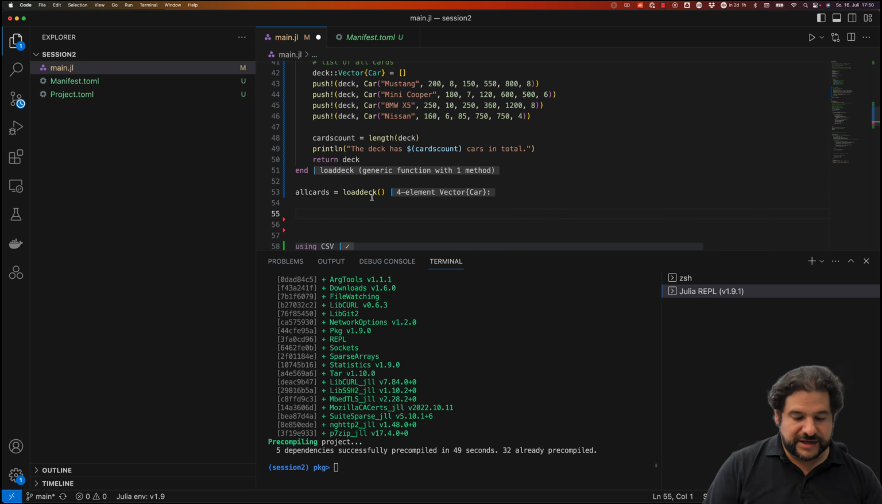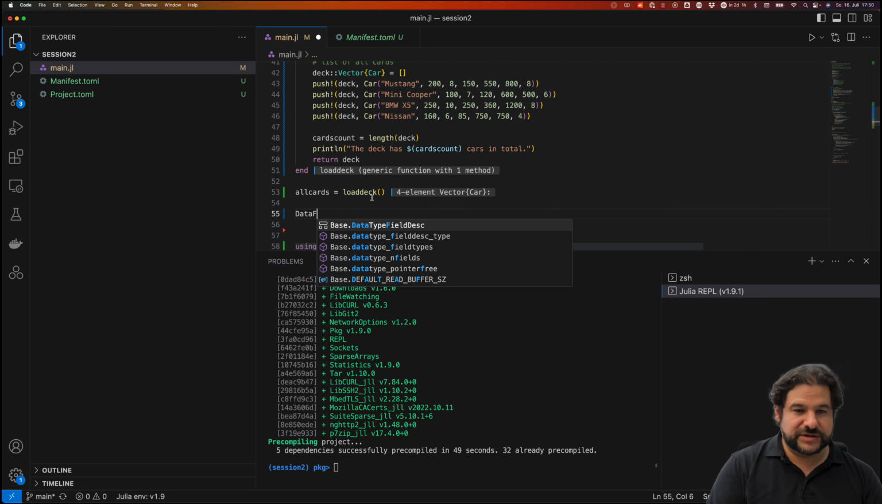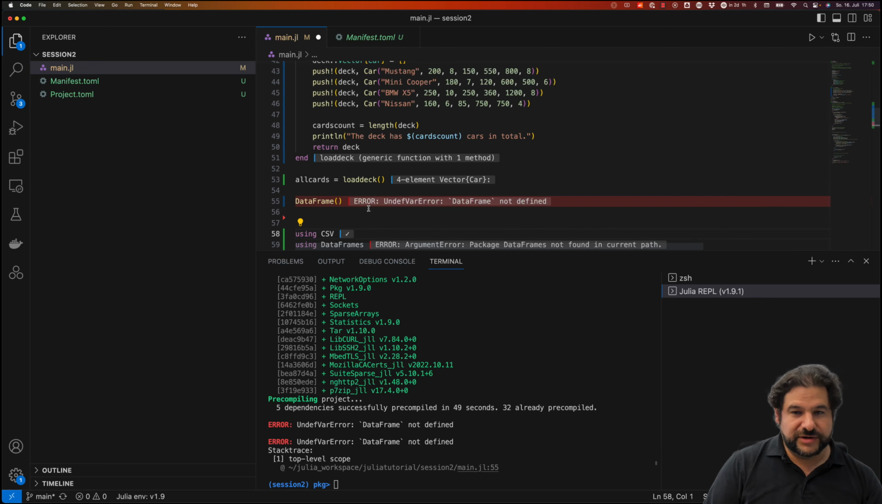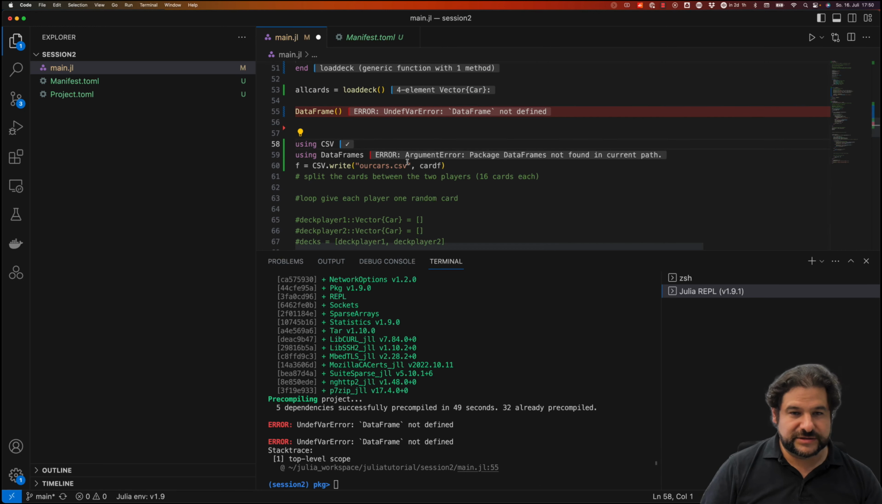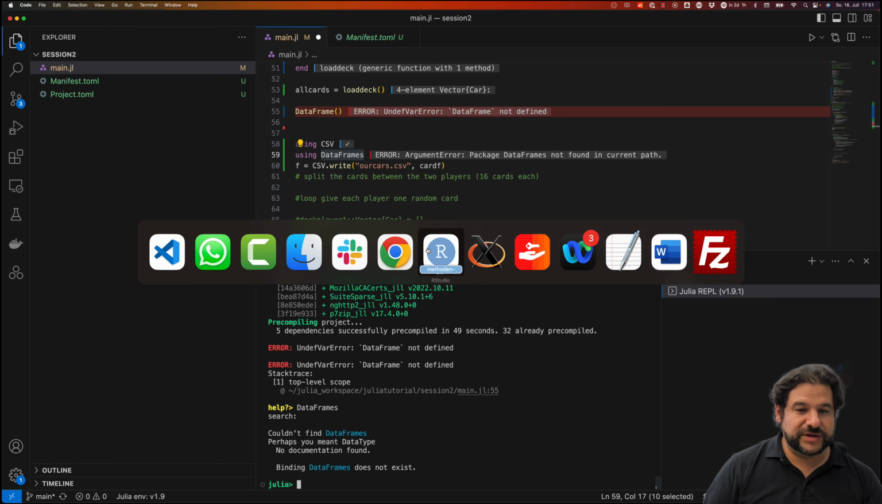So let's have a look at the data frame data type. What is a data frame? Can we create one? No, we cannot. Let's have a look at data frames. So I go into help mode by pressing question mark, data frames. Binding data frames doesn't, perhaps you meant data type. Okay, we don't see this, so we go into